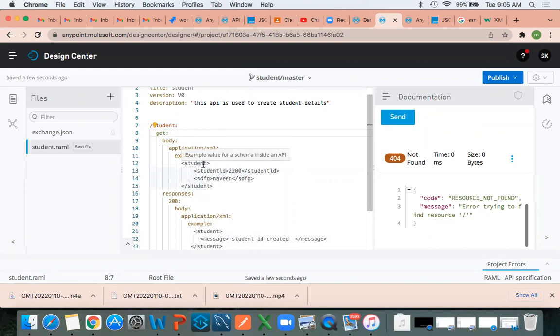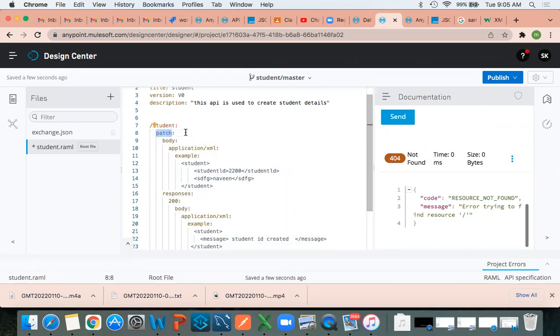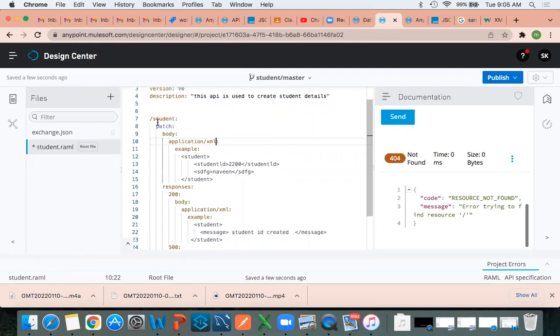This is quite the opposite. So for the initial few classes, you just learn how to build an API. If they give you any kind of API, how to construct it, you will learn in coming classes, where to use the get, post, put, patch and delete methods.